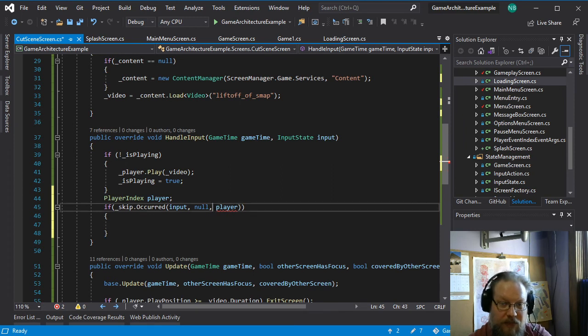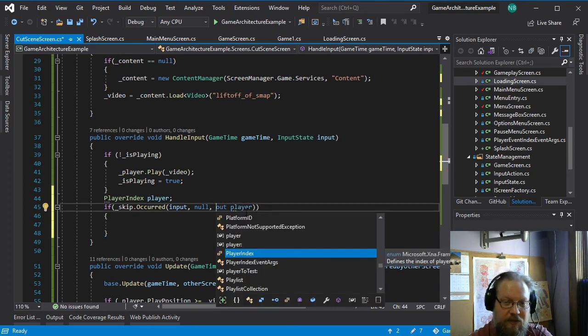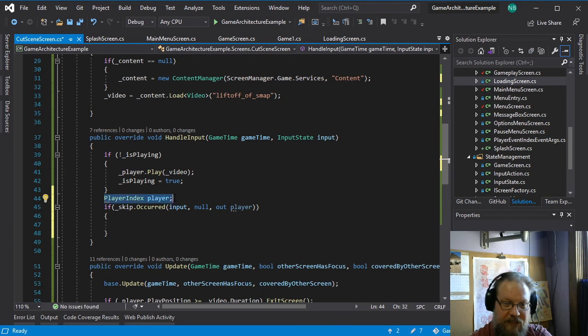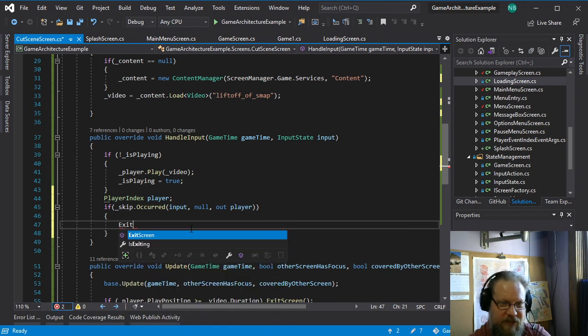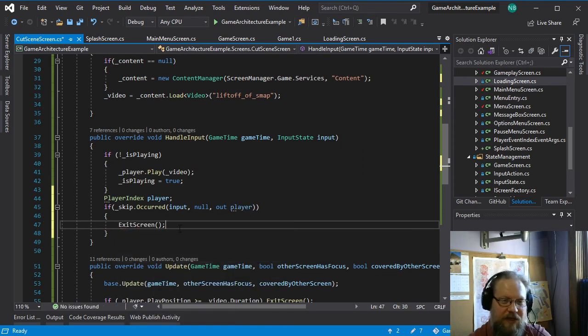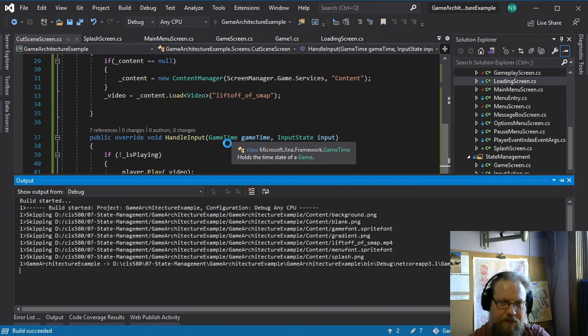And that also needs to be an out variable to say that we want to write it. So when we call this method, whatever value it gets for the player actually gets written back to this variable. That's what that out actually means. So then we have access to what player actually was the one that pressed the button here. We don't actually care, so we'll just leave that alone, and we'll call exit screen to go ahead and close the screen early. So now if I run this again,